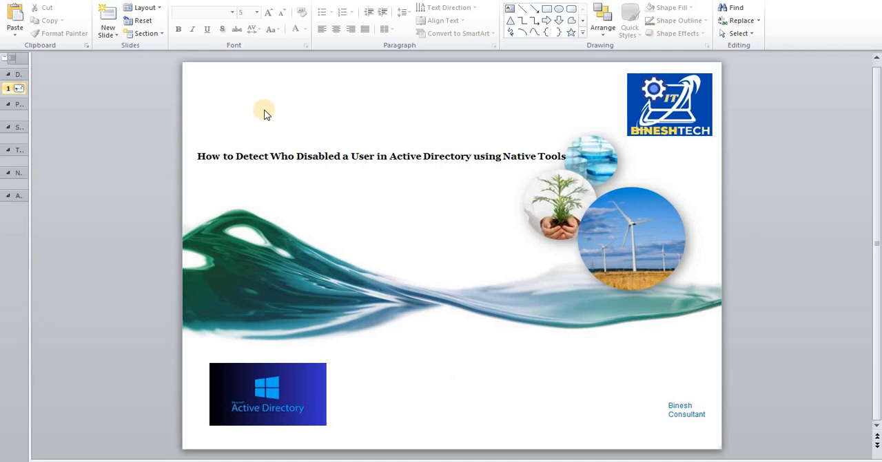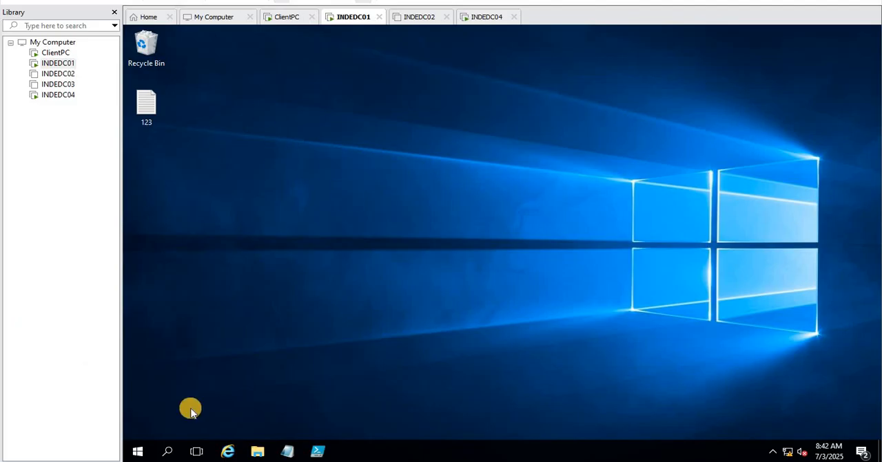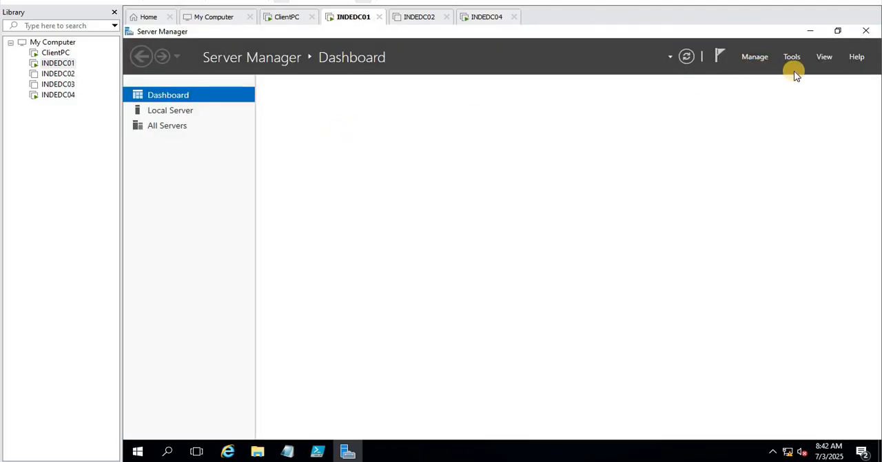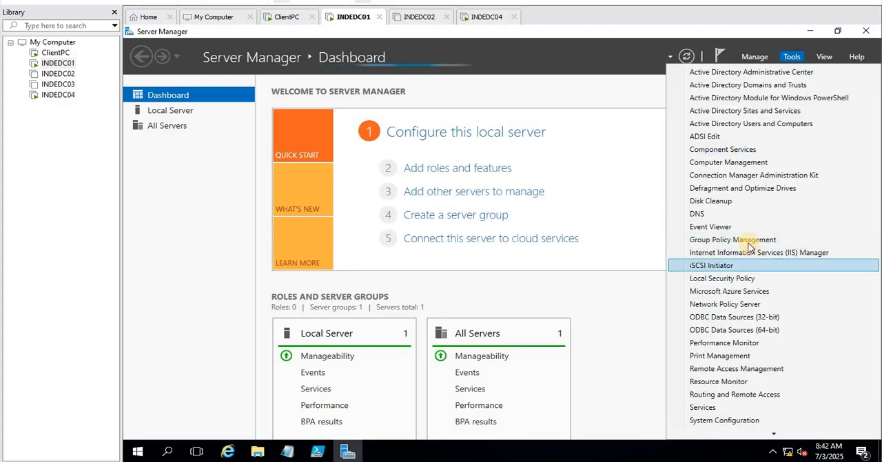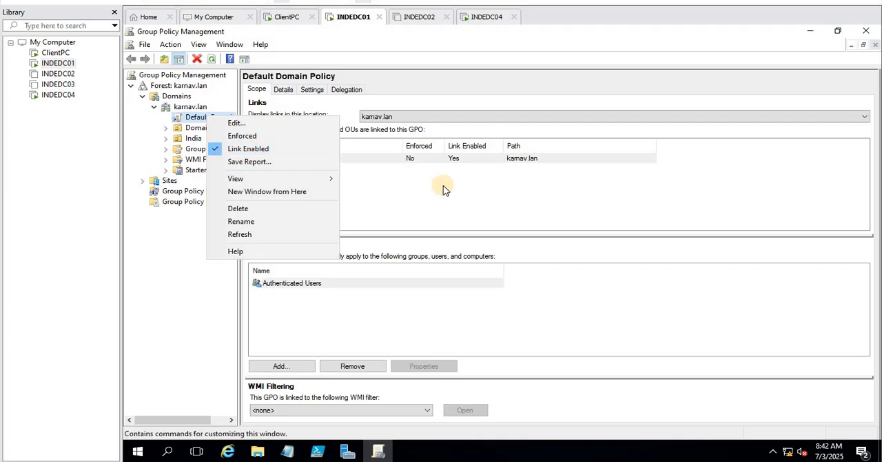In this video, we will learn how to detect who disabled a user account in Active Directory. So this is my server. Before you try to find who disabled an account, it is necessary to understand and enable some audit settings in